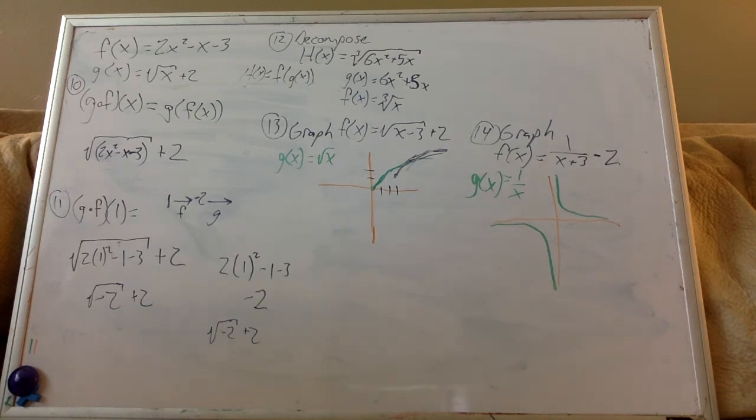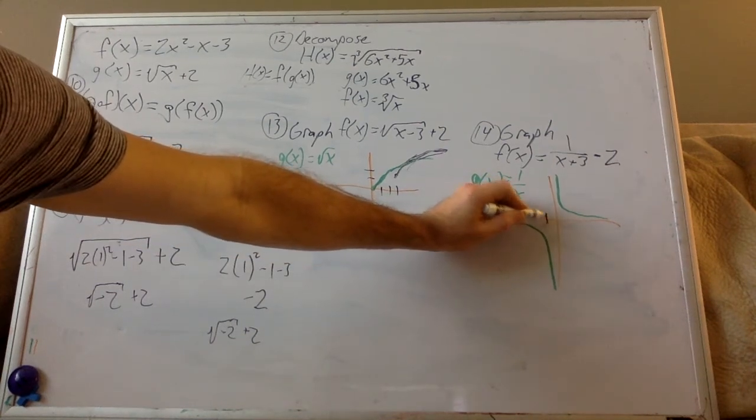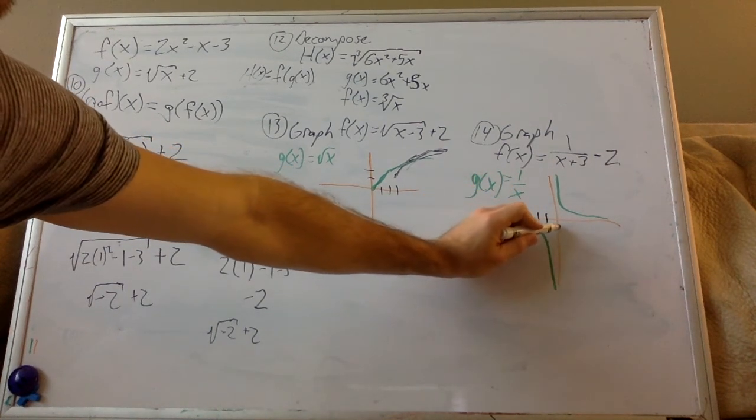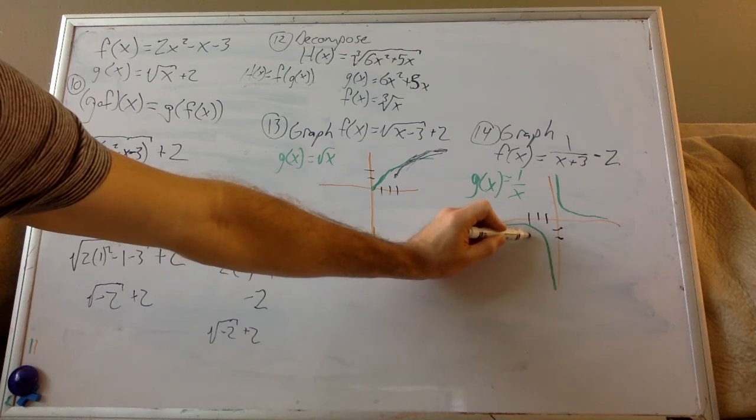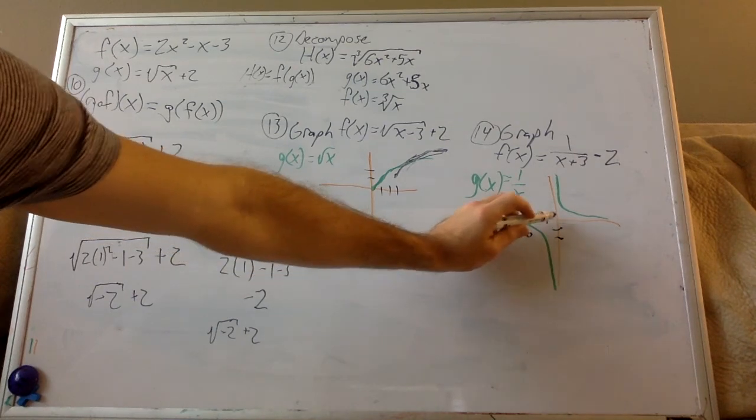So now again I want to say, what happens to me? What have I done to move from my g of x to my f of x? Well, I did something internally to my x. I added the 3, and then after the fact I subtract 2. So that tells me I need to put in a negative 3 to counteract that. So I've shifted over 3 places to the left, and then I've also shifted down 2. So I'm going to move over 3 places and move down 2, and this point here becomes kind of my new